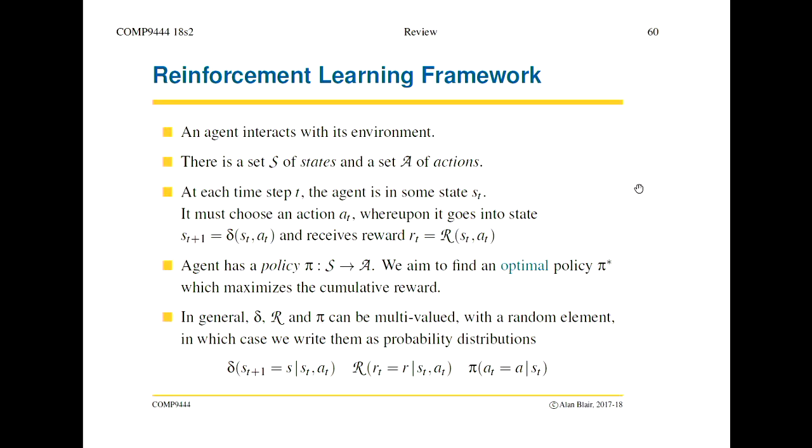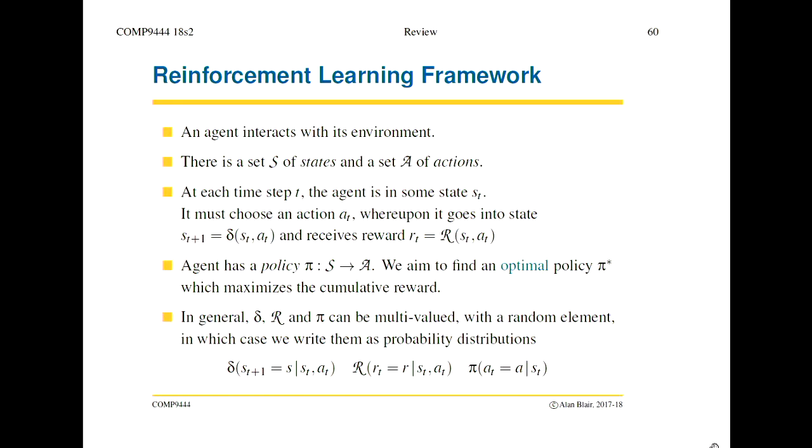I've tried to keep the notation consistent, so it always includes this probabilistic element, because with deep learning most of the environments that we deal with are probabilistic, right? So each of these becomes a conditional probability distribution: given that we were in state s_t and did action a, what's the probability that the next state will be this? We get a probability distribution over the set of next states, and a probability distribution over rewards,